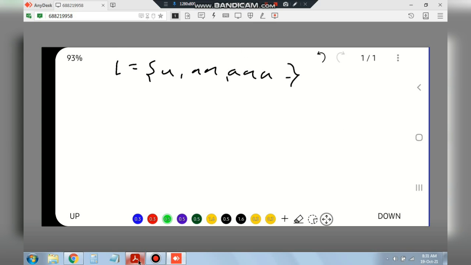So this language starts from A. So what is the least string? Least string is A, right? So I'll be writing S goes to A. Epsilon is not there because if I write epsilon, that will be accepted. That is not a part of the language. Okay, so I cannot write epsilon. I'll be writing first S goes to A. Then to generate n number of A's, as we have discussed, we will write here S.